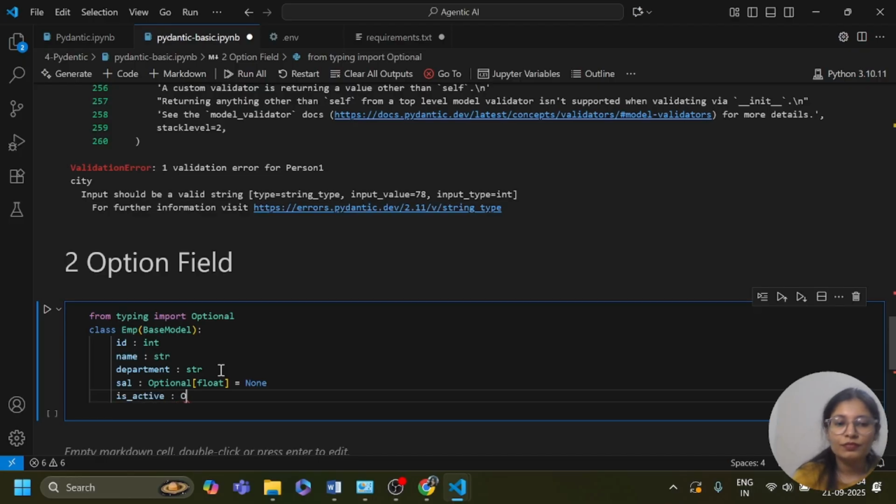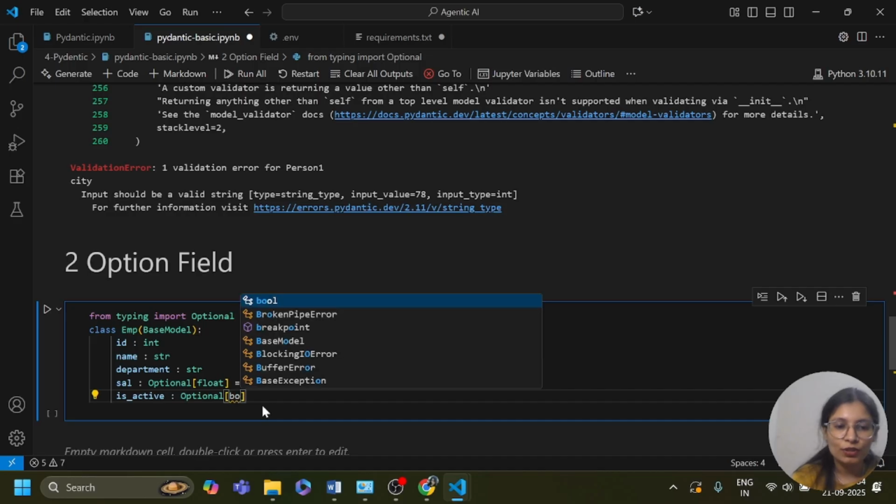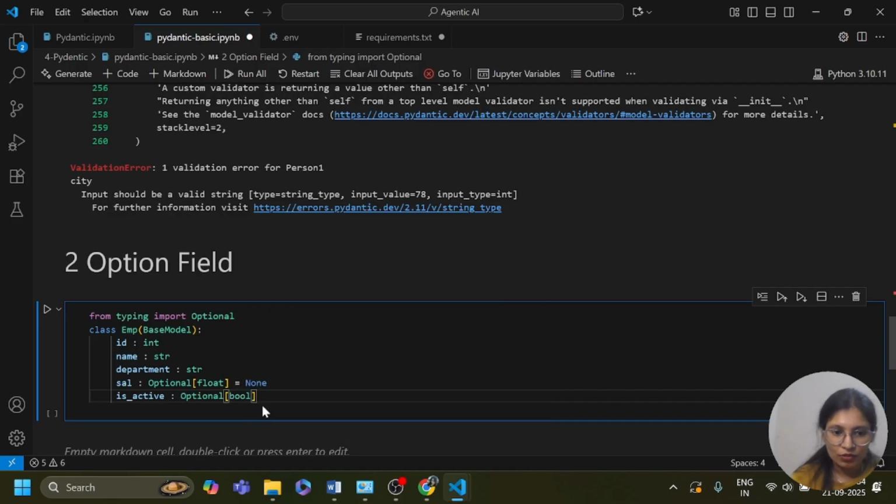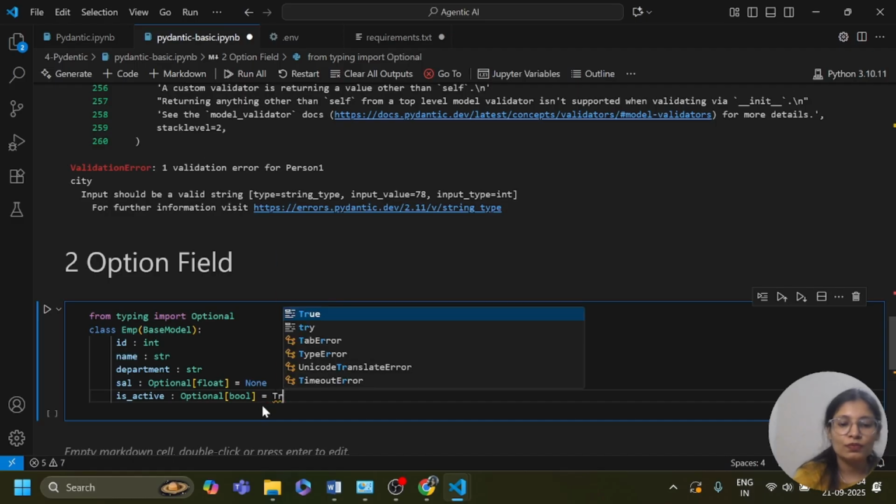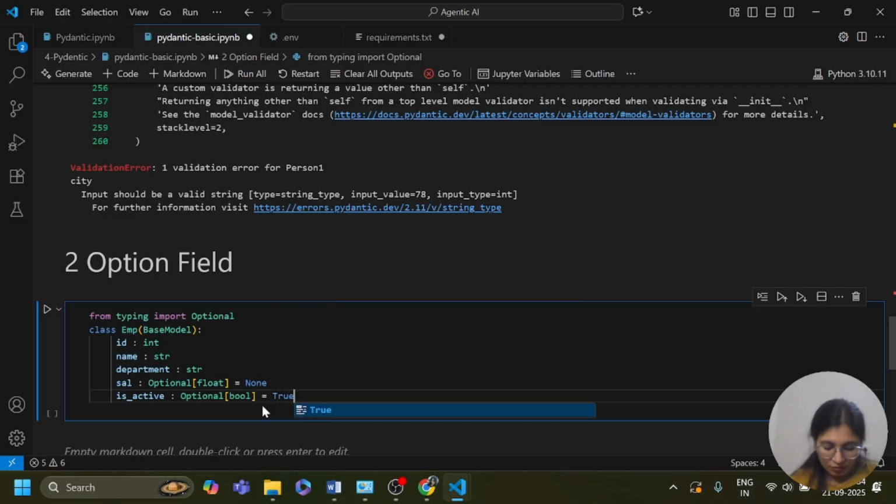And here is_active colon Optional. I am going to keep it as a boolean. So here I am keeping it as a boolean equals to True. Okay, so here